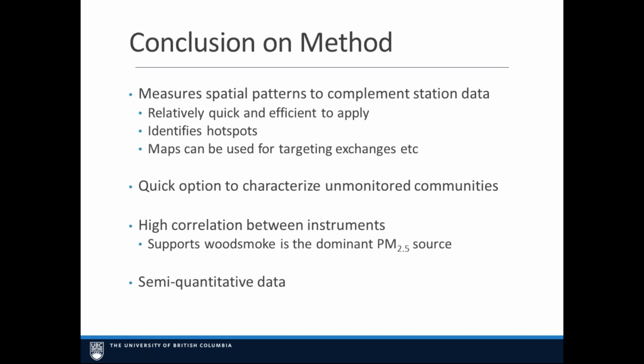And in terms of the woodsmoke findings, we found high correlation between the two instruments overall during the night mobile runs. And so this adds evidence to support the residential wood smoke as the dominating source of PM2.5 during these winter nights. Finally, this can only be considered semi-quantitative data, that being the mobile monitoring data, and that's because this